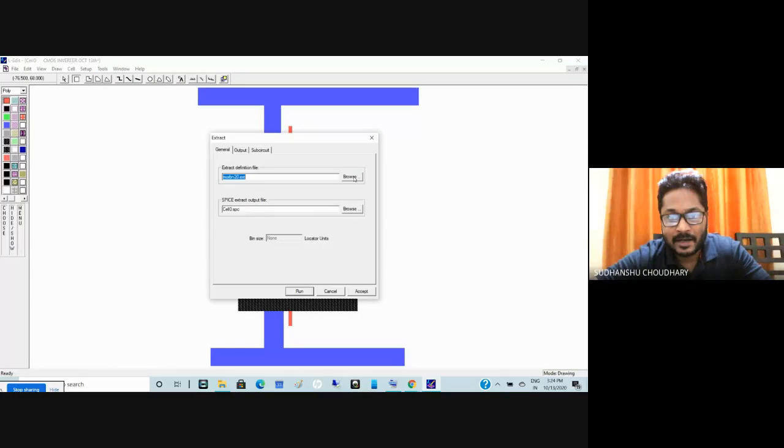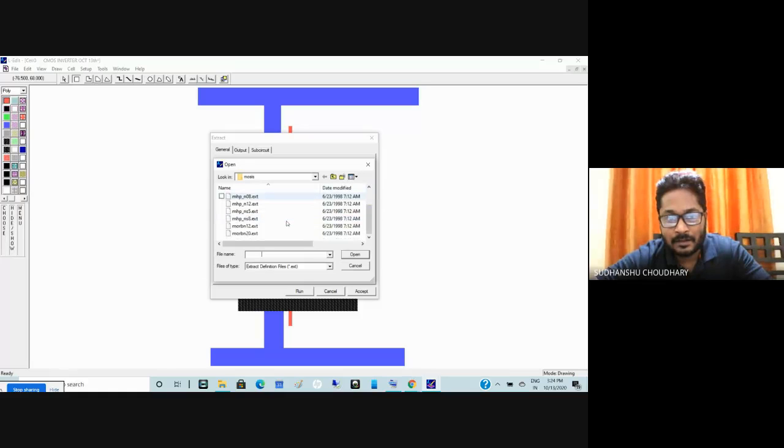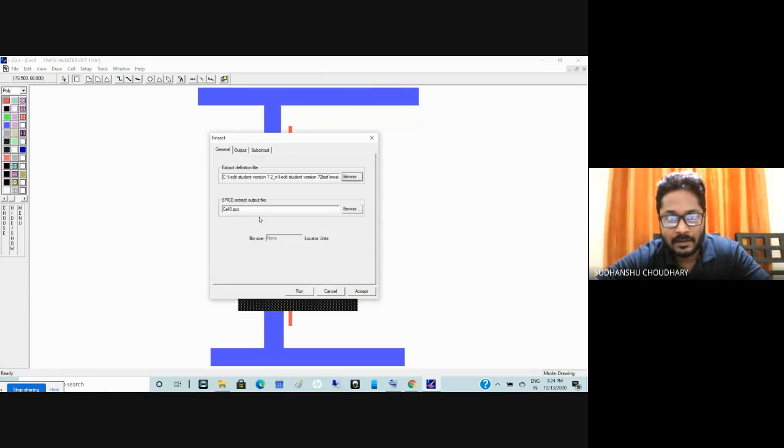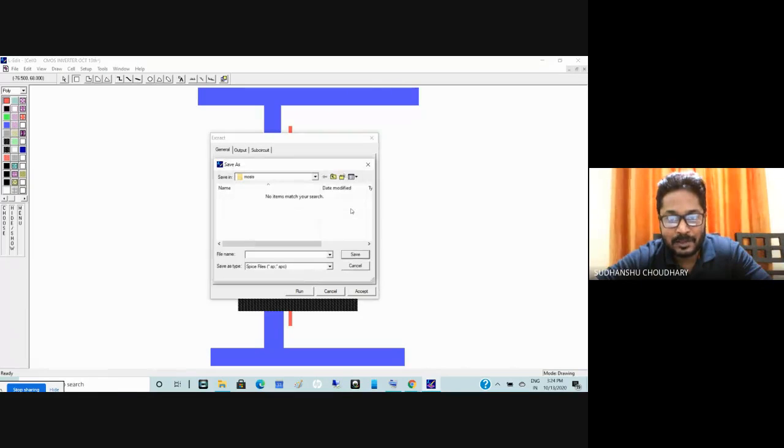And again for extract definition, I select the same file, the ext file, again in the same folder Moses. Now we have the extract definition file represented by .ext, Morbin 20 for 2 micron technology. I select this, open,